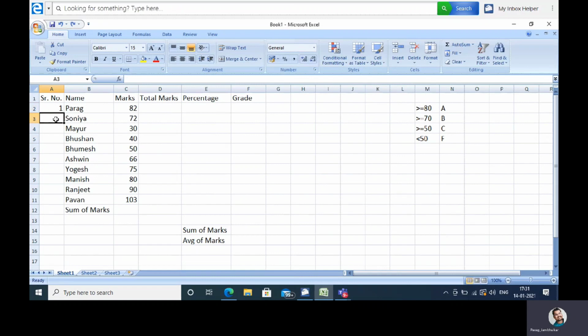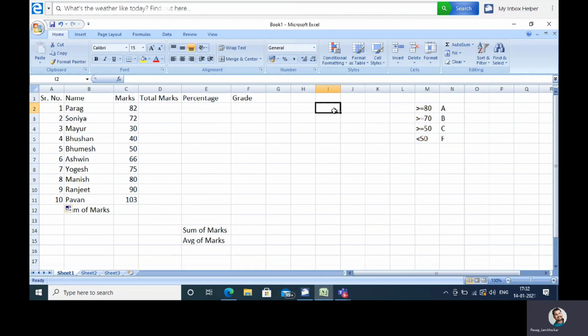So see, for that, what I'm doing, here I am taking 2. Now I'm selecting both these cells. Then I'm taking this pointer cursor over this black point, and then I'm dragging it. So I got it. Similarly, you can print a multiplication table.